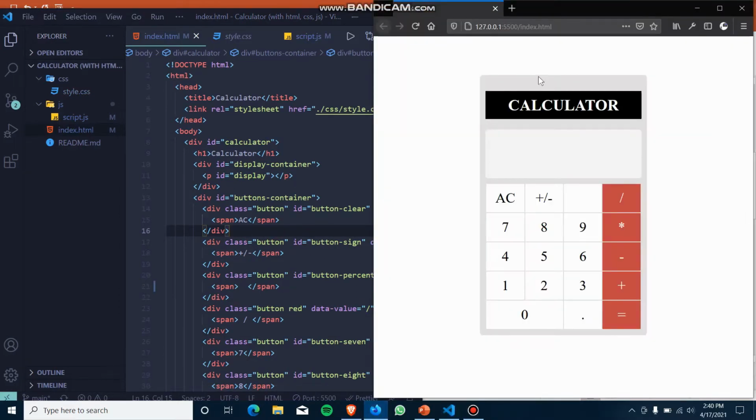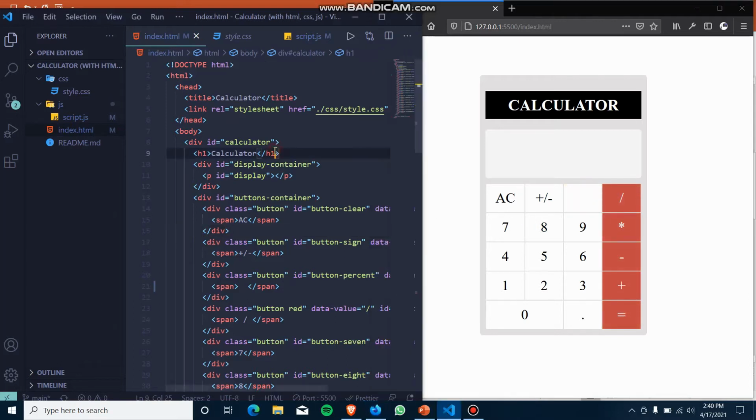So this is my calculator. As you can see, all the buttons are present here. These are the numbers, this is for the negative numbers, and these are the operators.